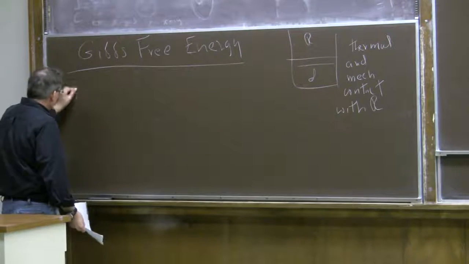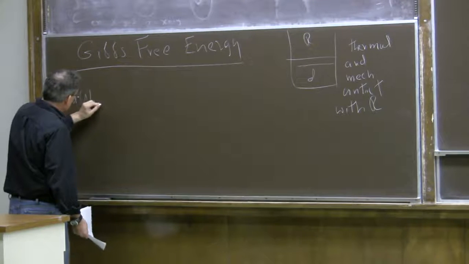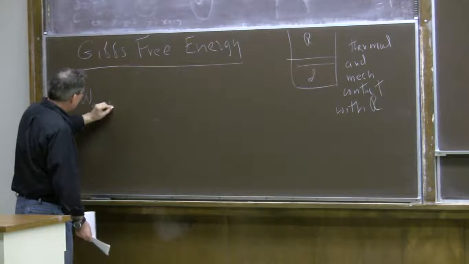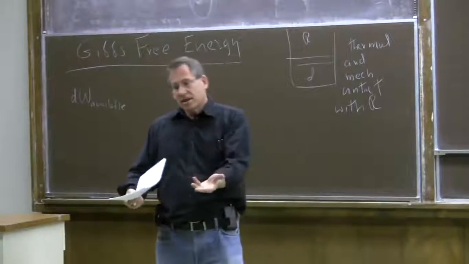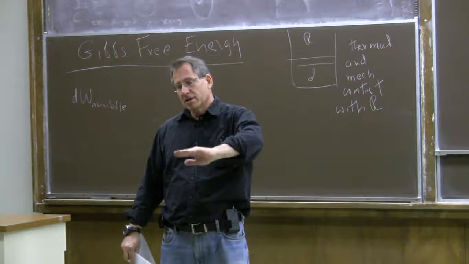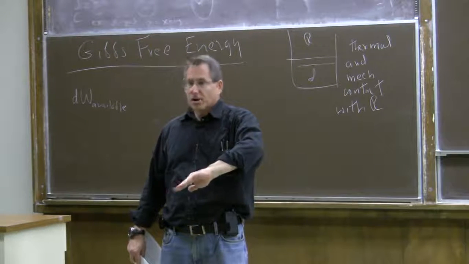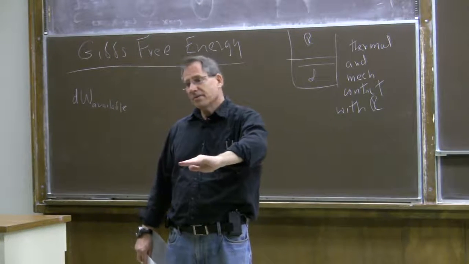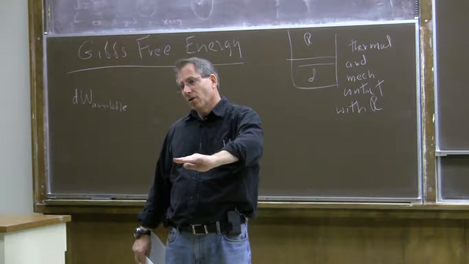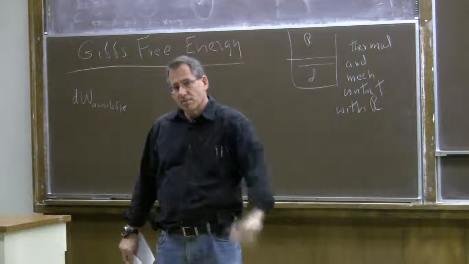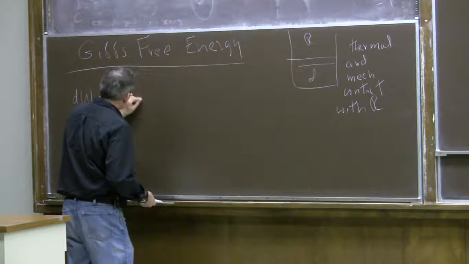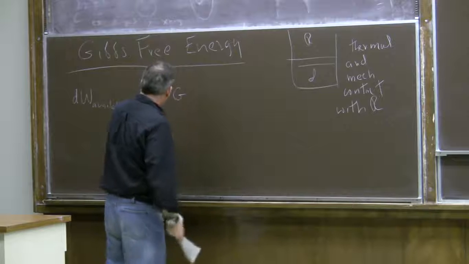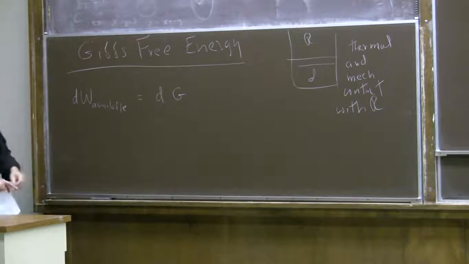And then we can consider what I'll call the available work. That means, well, if we change parameters like temperature and pressure, there's going to be some work done because there's heat flow into or out of the system to maintain thermal equilibrium, or there's an adjustment in the volume of the system to maintain pressure equilibrium. So if we subtract that away, what's left is the available work, and the change in the Gibbs free energy